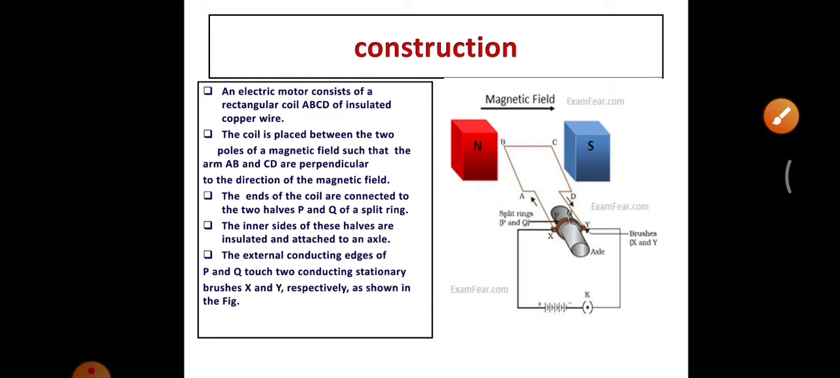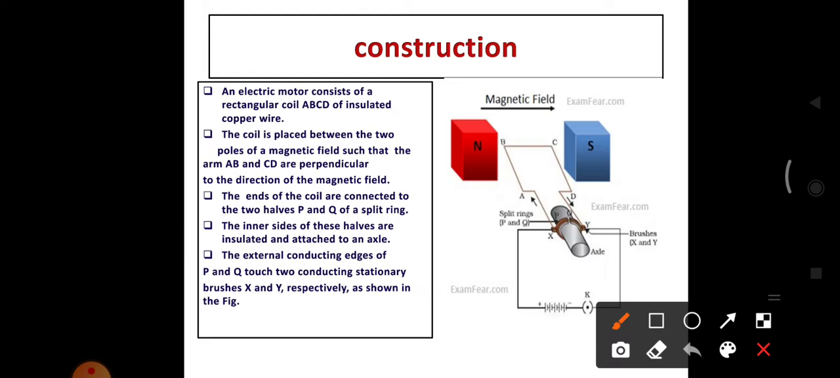The next one, construction. An electric motor consists of a rectangular coil ABCD of insulated copper wire. See, this is ABCD, the insulated copper wire. The coil is placed between the two poles of a magnetic field. See, this is a north pole and this is a south pole. The coil is placed between the magnetic field,